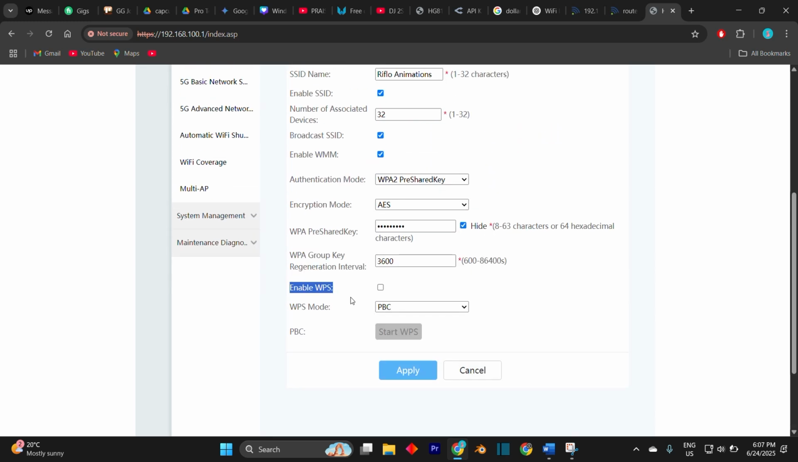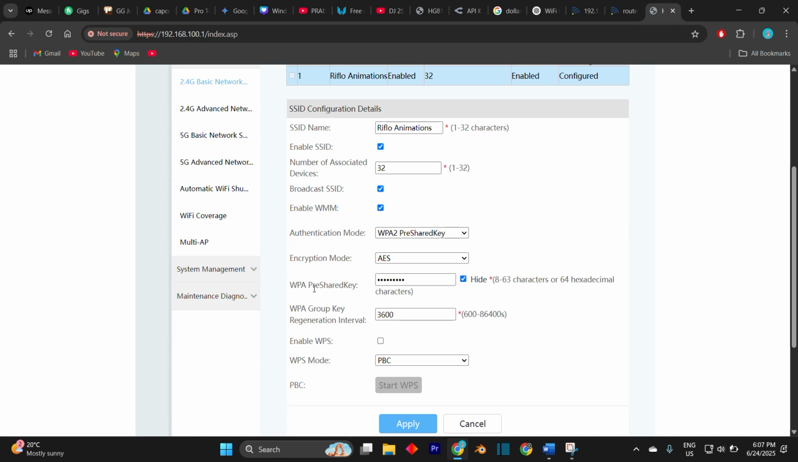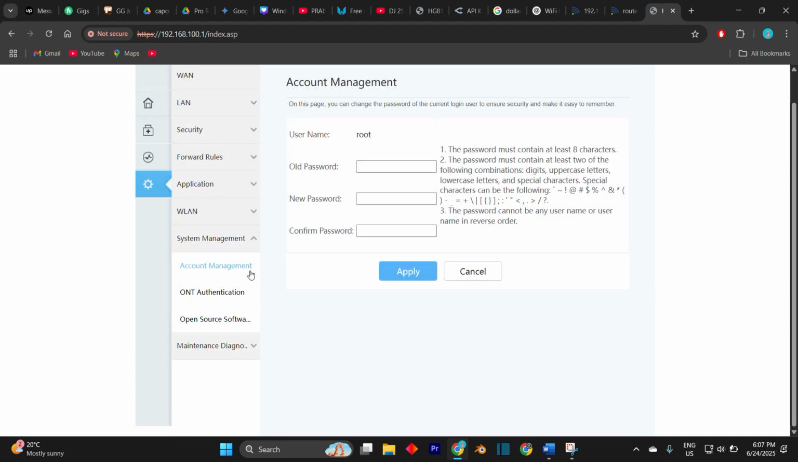Also disable remote management unless you specifically need to access your router settings from outside your home network. Turn this feature off. Another thing to do is to enable guest network. If your router supports it, set up a separate guest Wi-Fi network. This allows visitors to access the internet without having access to your main network, keeping your primary devices and files